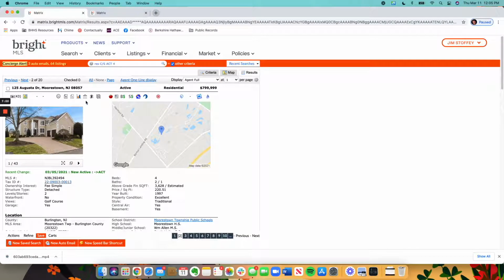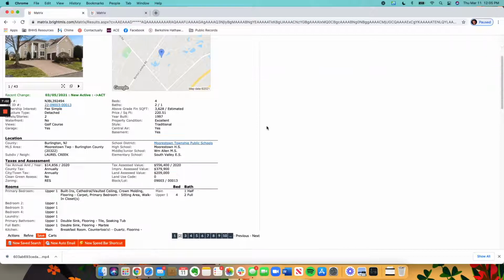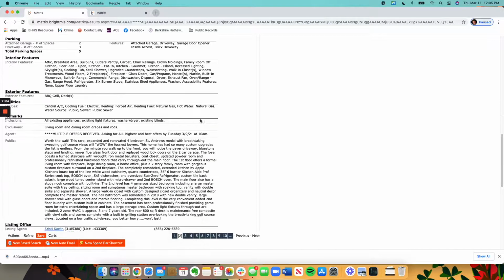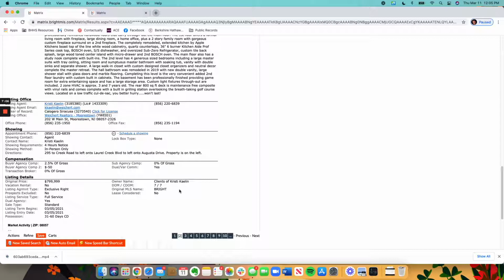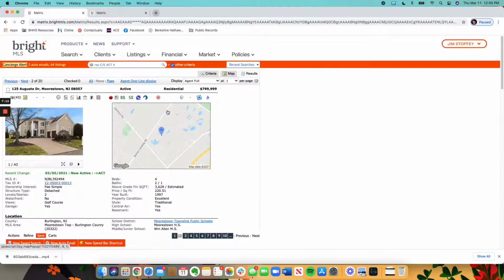Next, you can click on this button right here. If, for example, you're preparing an offer and you want to put the seller's name on it, and just like this agent did, they did not leave the owner's name in there. They changed it to the agent's name. Okay, so that creates an extra step for you. Now you just need to click on this little button. This is the public records. And if it loads,